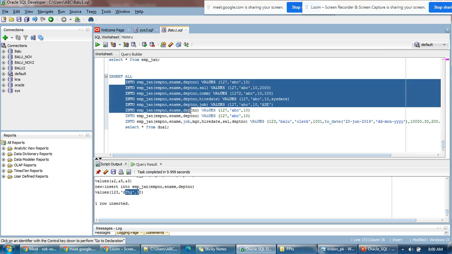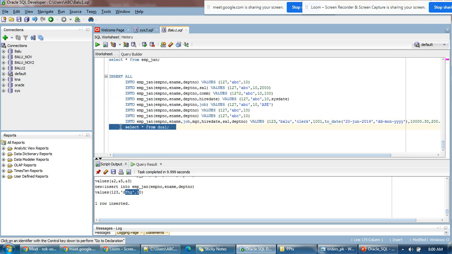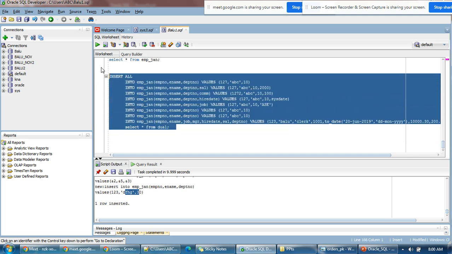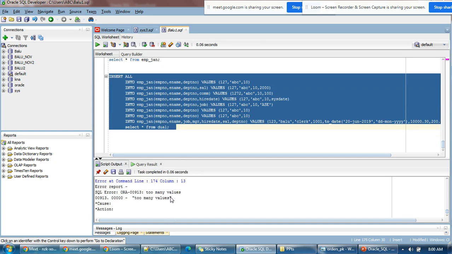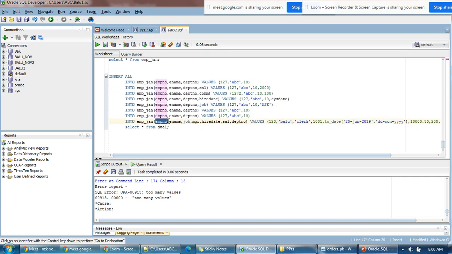After writing the insert into clause, we need to use one more statement, that is select star from dual. If you use it like that, it will work. Okay, so too many values. This is three columns, this is four columns. This is four columns. This is also four. EMP number, this is also three. This is three, EMP number